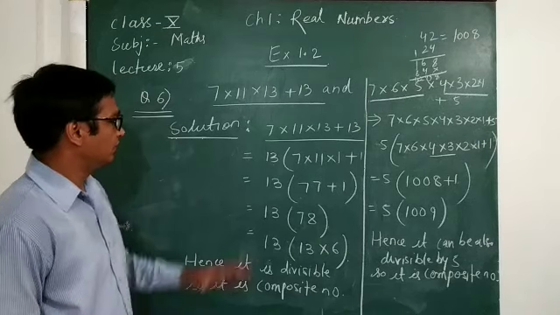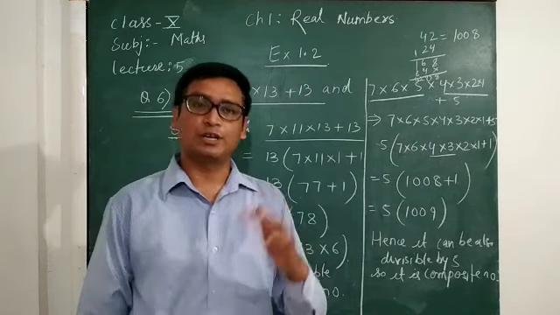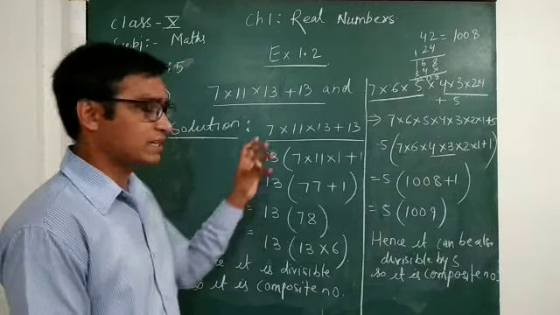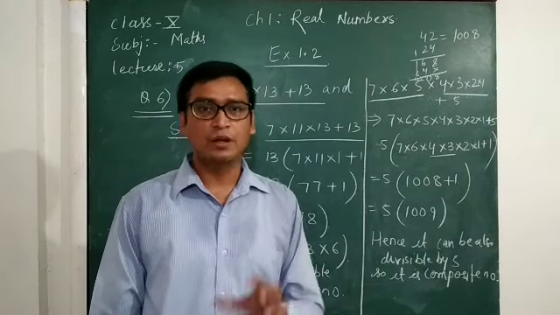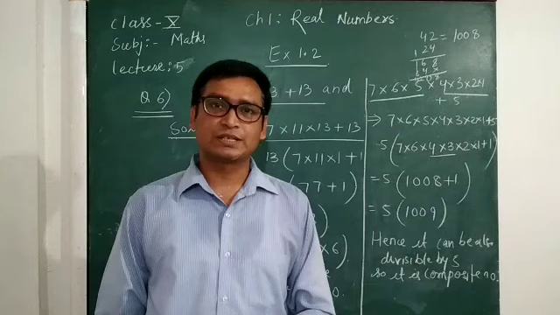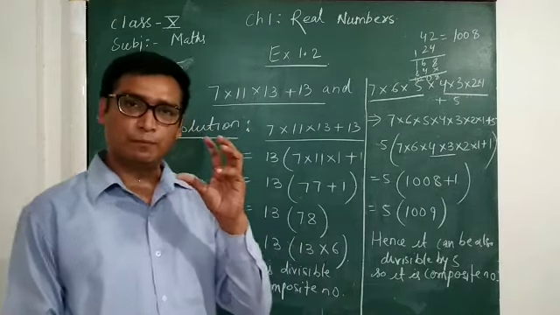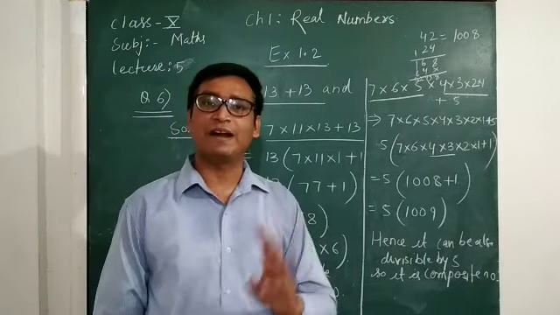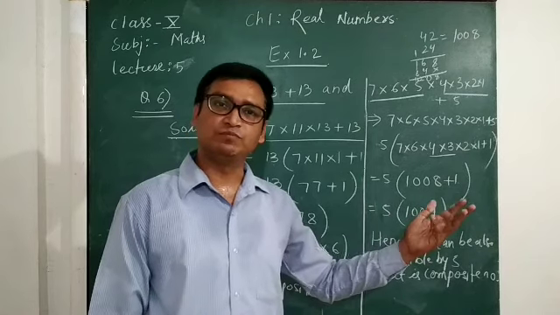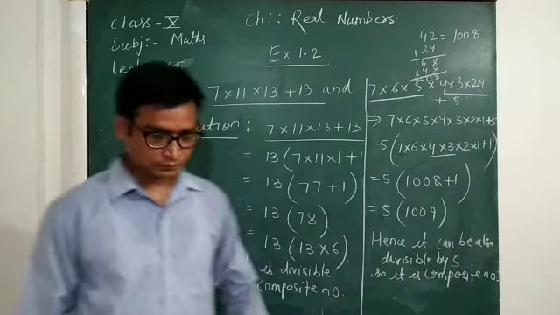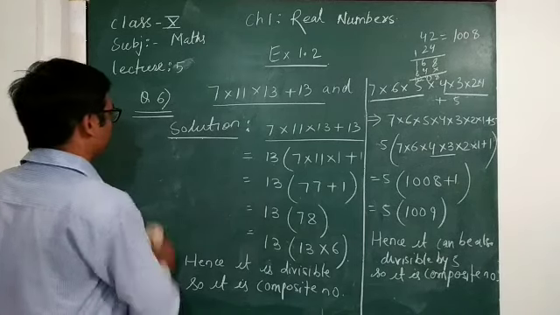And composite and prime numbers, you have to keep in mind what is a composite number and what is a prime number. Composite numbers, again I am repeating, are those numbers which have factors other than 1, which means they have more factors other than itself and 1. So it can be divisible by other numbers also. So let's come to the last question.